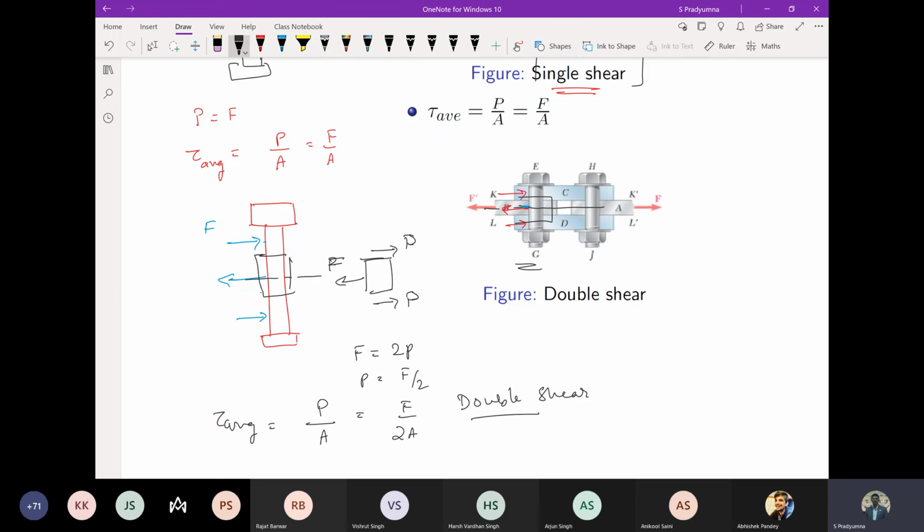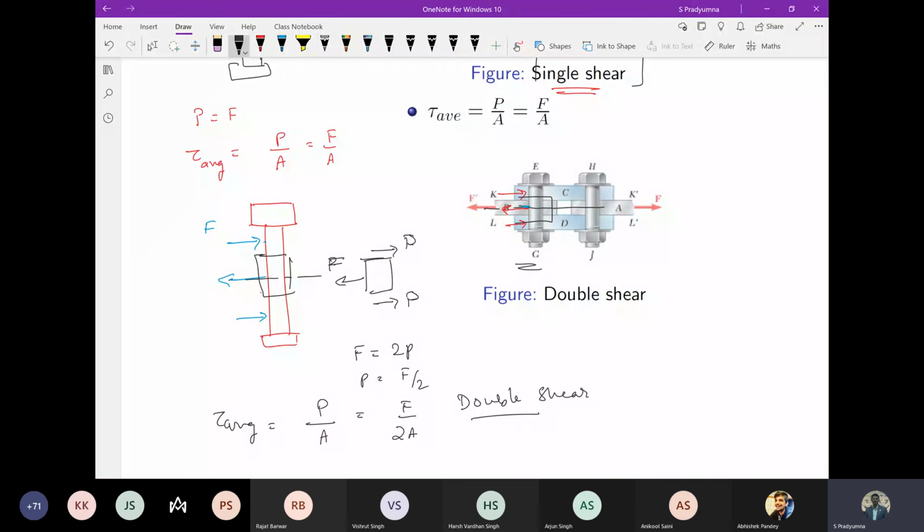So that's why you have seen that when you have a large load and when you are doing design, you increase the number of plates so that the shear stresses are reduced. If you keep on increasing that, then the load distribution changes and the shear stresses reduce. So that means your design becomes safer when you go for double shear compared to single shear.